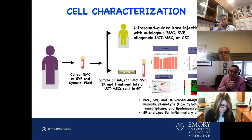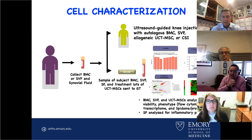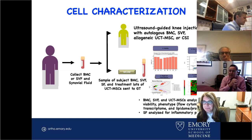not only to define the subpopulations that are present in these injected cells, but also to look at transcriptomic landscapes at the single cell level. We're also planning to do some lipidomics and proteomics. So a molecular characterization of these cells is going to enable us, hopefully at the end of this trial, to correlate between the product that we're injecting into these patients and whatever these cells are and what they're producing,